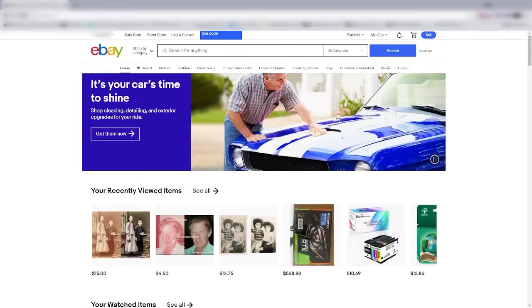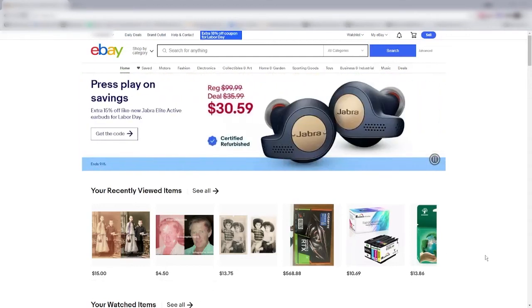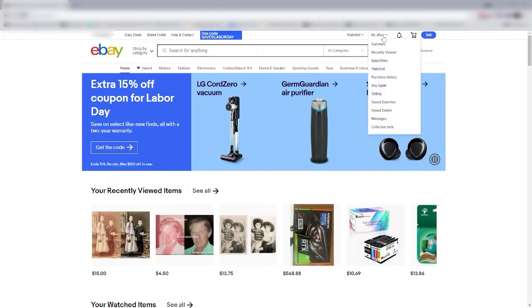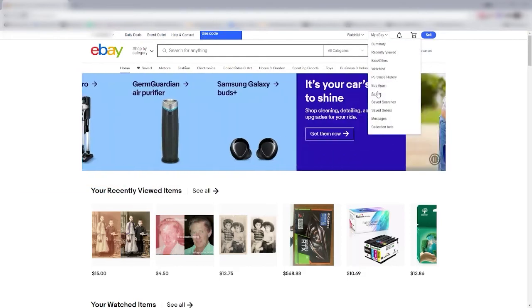What's going on, guys? Today I'm gonna show you how to void a shipping label or get your refund for the shipping label. Let's say you messed it up and you have to ship another one. So you go to My eBay at the top right,